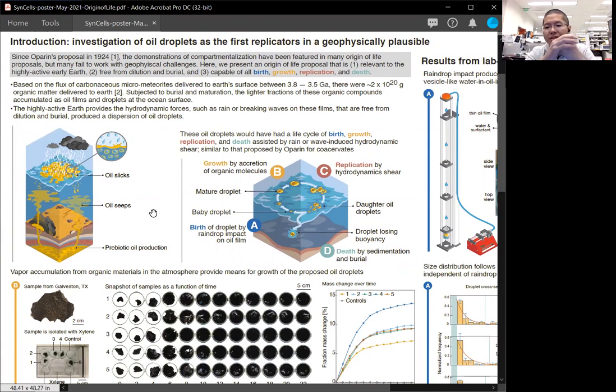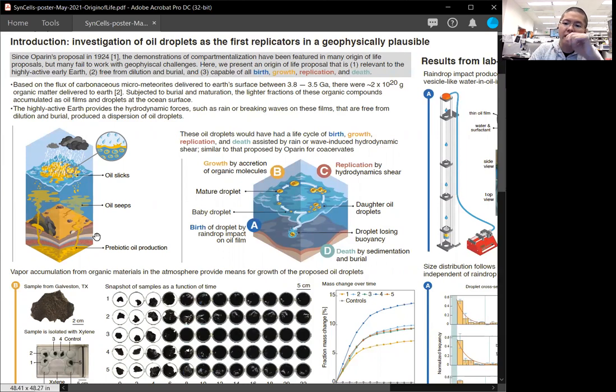So the vivid vision in mind here is that the early oceans were covered by a thin organic film, based on the estimations of micrometeorite flux that are transformed into light organic materials as a result of maturation. And these organic materials covering the ocean surface are free from dilutions and burials as a consequence of their buoyancy,